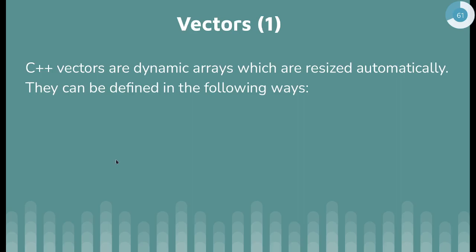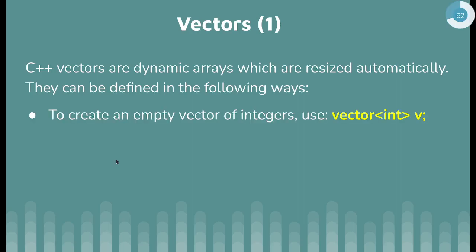So the first important data structure is a vector. A vector is an array, but it has a lot more functions than a normal C style array. So you can create an empty vector like this, vector int. The type can also be vector string, vector char, vector double. If you define it like this, initially it is empty, like when you define an empty string. So it's an empty vector, an empty array with size 0.